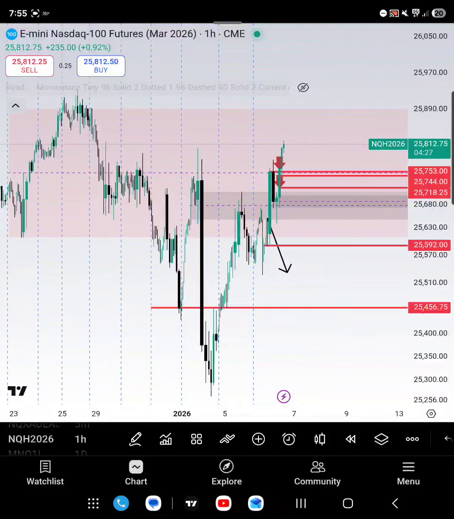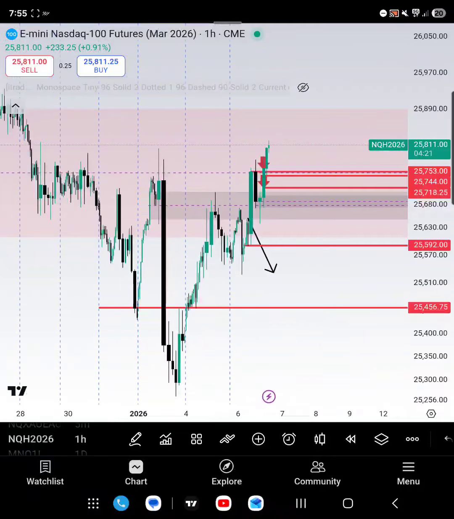This is a trade recap of my third and fourth trades on the NASDAQ on the 6th of Jan 26. So when I take a trade, I try to answer three questions. What is the drawn liquidity? What is the order flow? And what's my point of interest that I'm going to take the trade off?